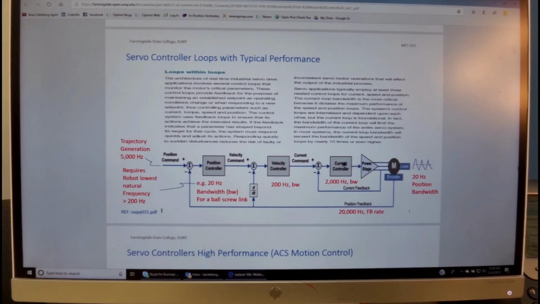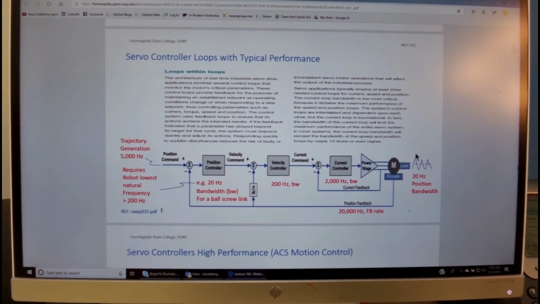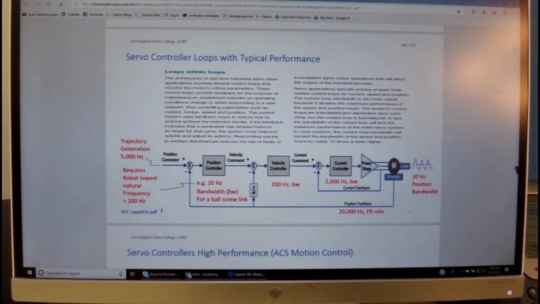And then the current loop is at a rate of about 2 kilohertz bandwidth for controlling the current which goes into the motor. The output over here is typically controlled, in robots, at a rate of 20 hertz position bandwidth. This is how fast the robot can follow a prescribed input sinusoidal function.